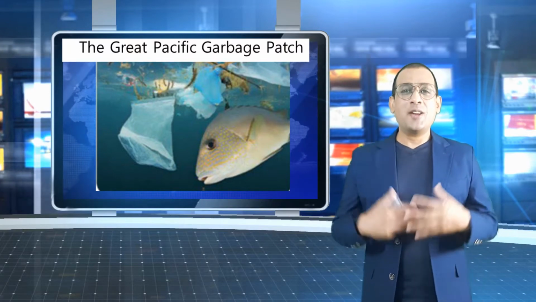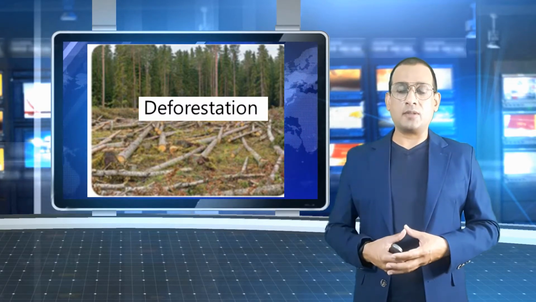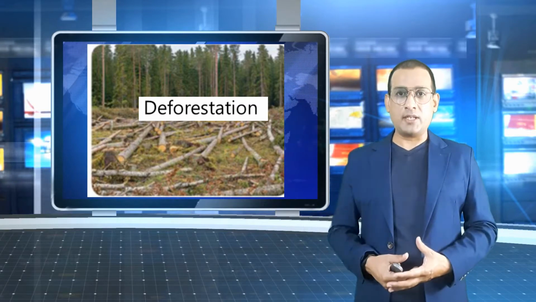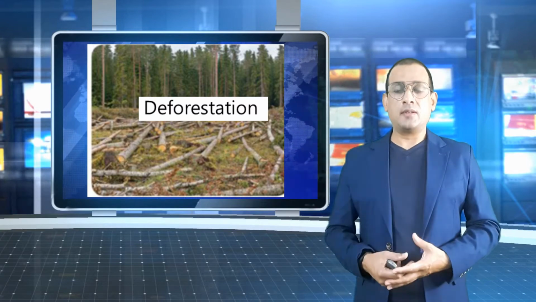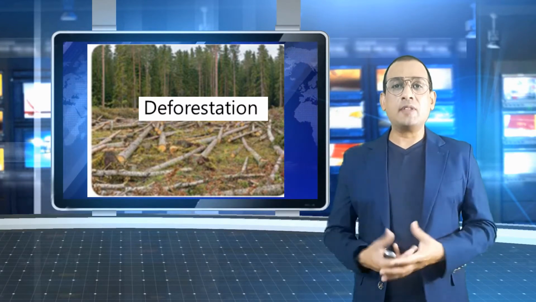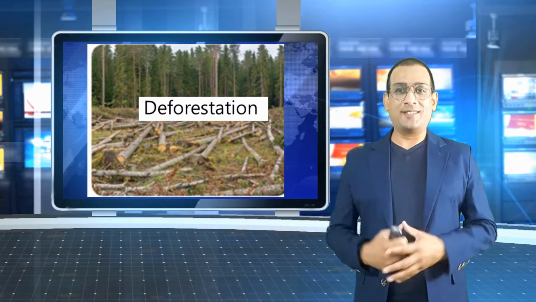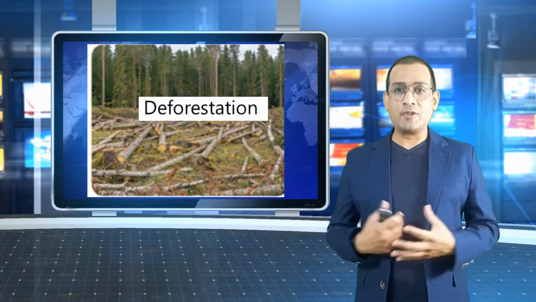Good luck. Look at picture number 2. In this picture, you'll see a lot of trees have been cut down. That's right. If you cut down the trees, we have a big problem. And this problem we call air pollution. And in scientific language, we call it deforestation. So instead of cutting down the trees, it's our duty to plant more and more trees to save the environment. Let's do it together. Let's plant a tree.